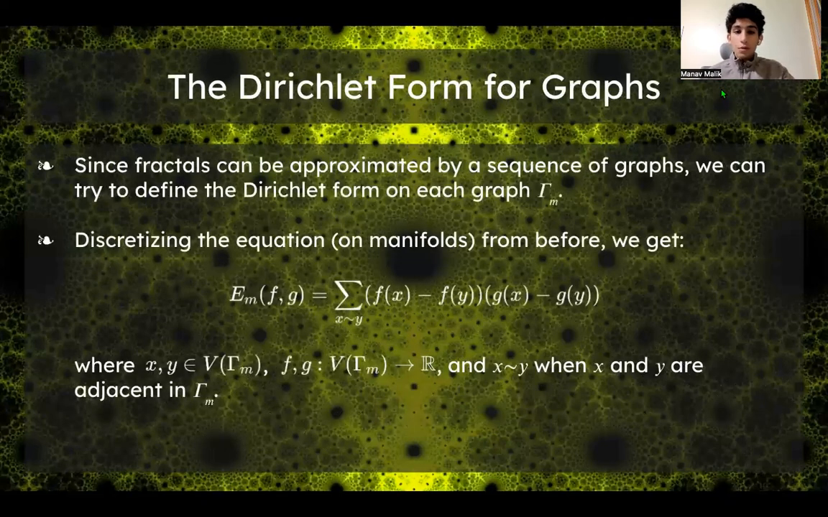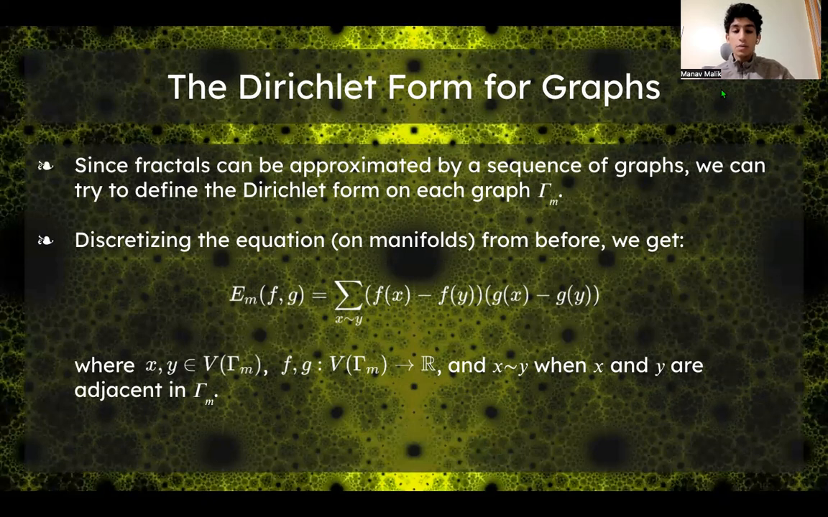Okay, so the Dirichlet form for graphs. As we saw in our earlier example with Sierpinski gaskets, fractals can be approximated with a sequence of graphs. And so let's try to define the Dirichlet form on each graph Gamma sub m, where m is just the number iteration of the graph. So if we discretize the equation on manifolds that we got previously, we'll get that E sub m of f, g